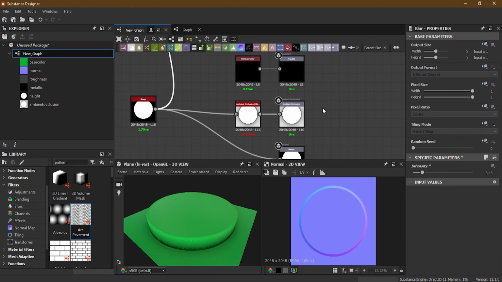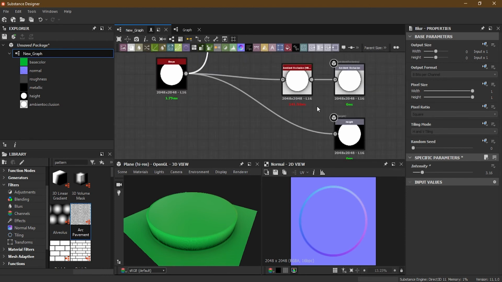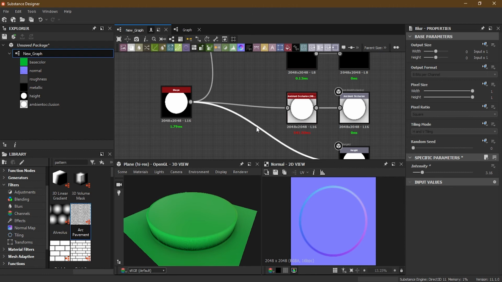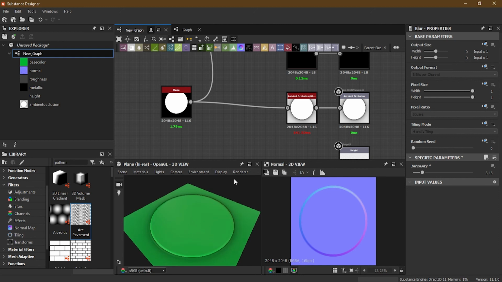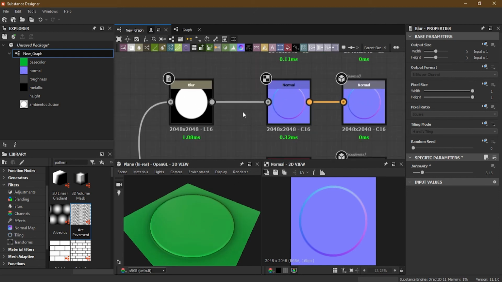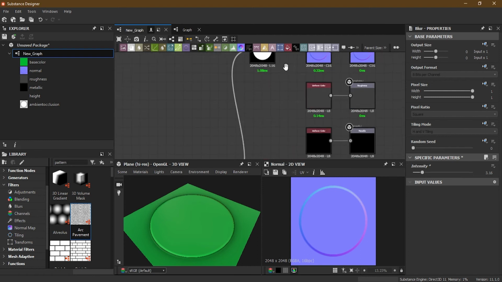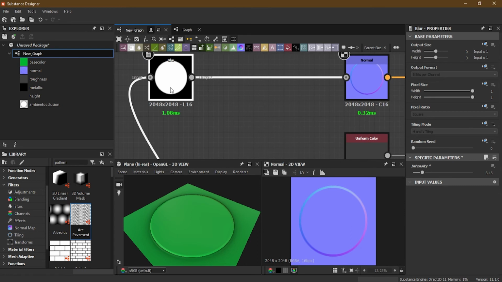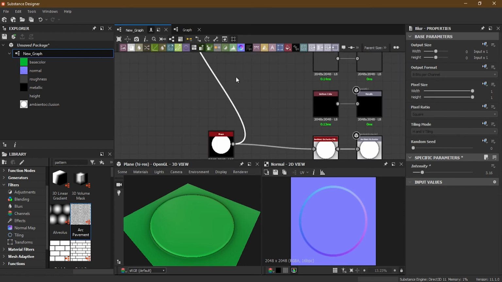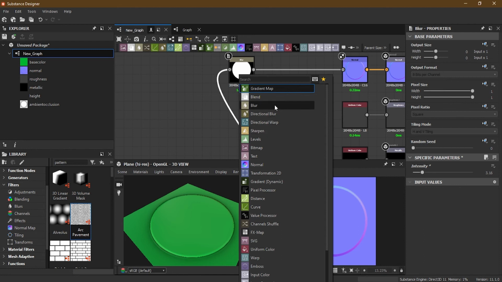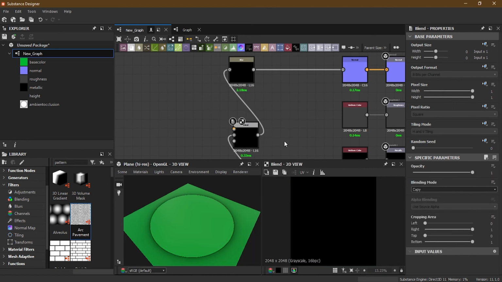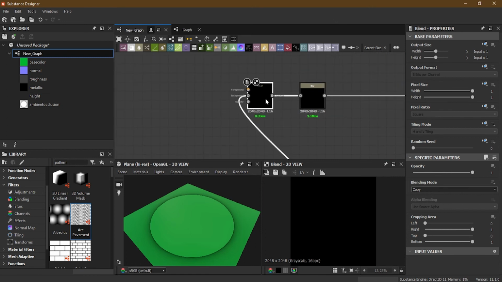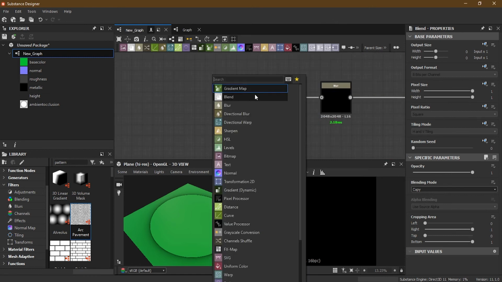Now, one thing we can do here is remove this height for now, just so we can focus on our normal map. Okay, so this is what sort of normal map we are getting here. Now, one more thing I can do here is use a blend here, and then use another shape,